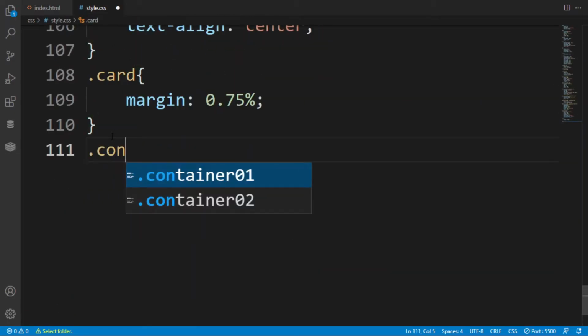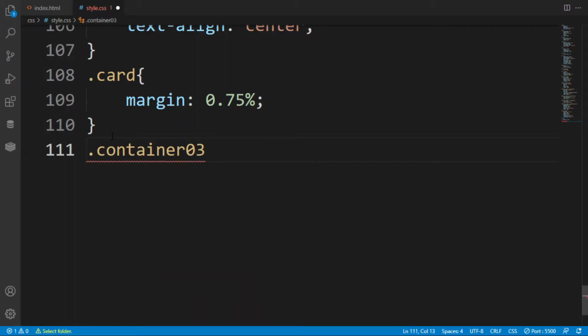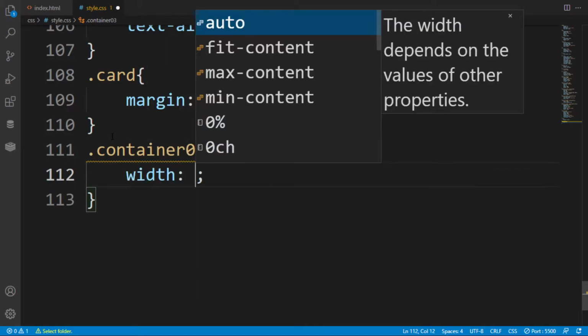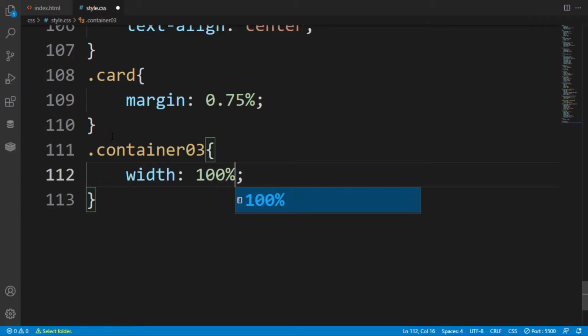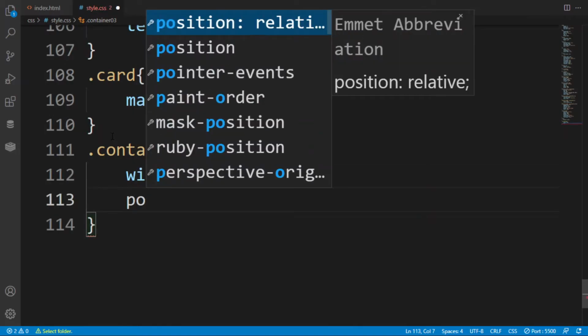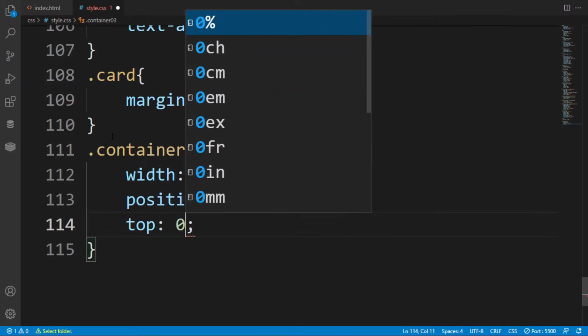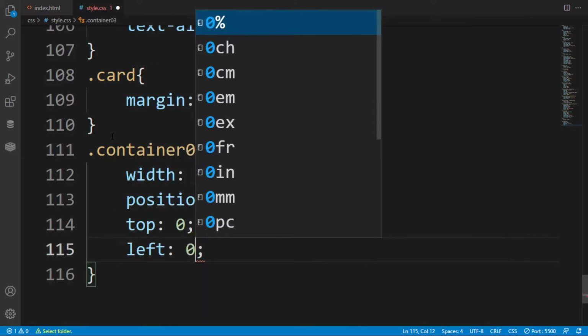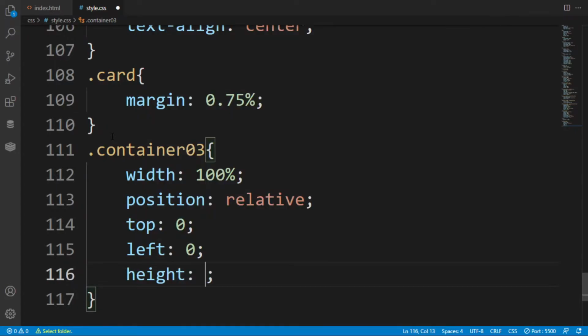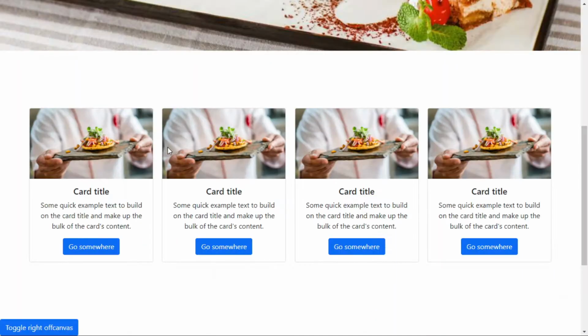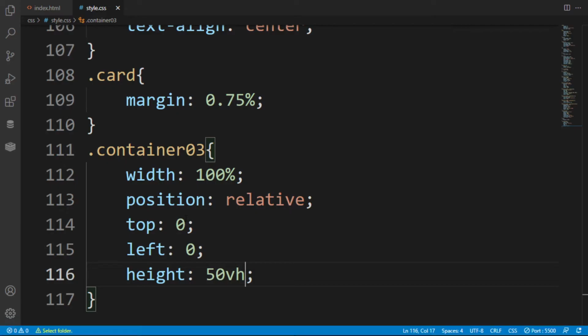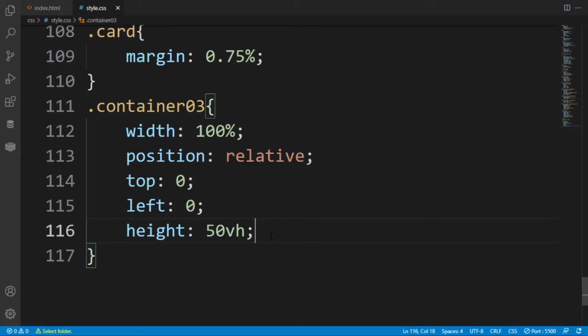After that, .container03, and here I am giving the width 100%, height, position relative, then top 0, left 0, and after that giving the height of 500 pixel or 50 vh. After saving, as you can see, there has been an increment in the height.